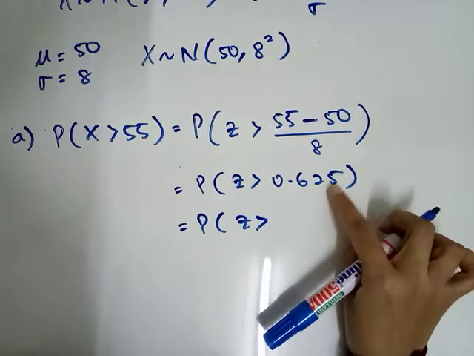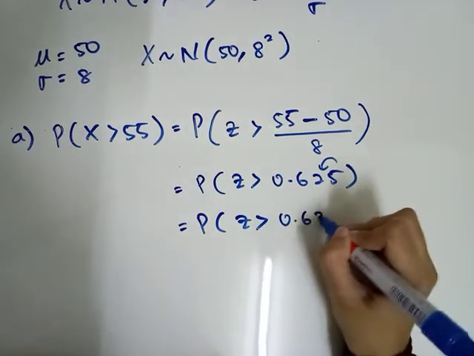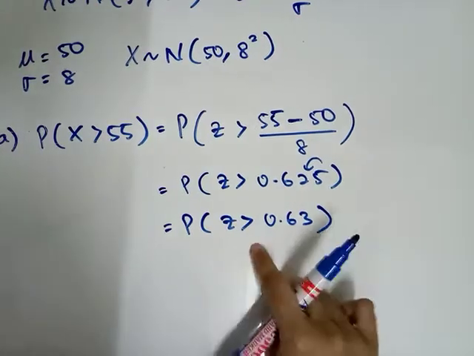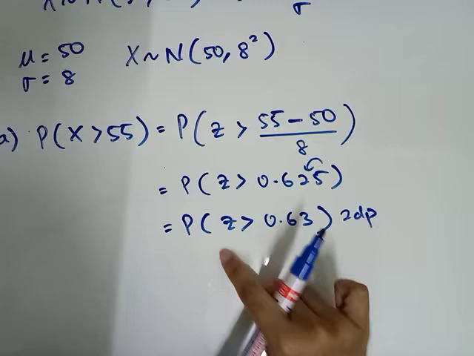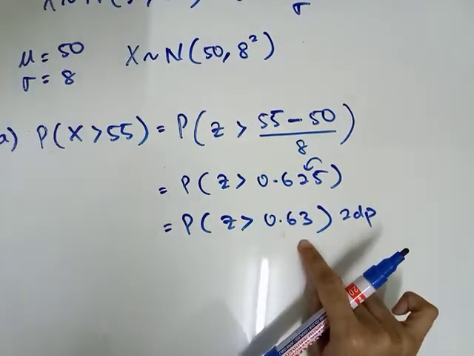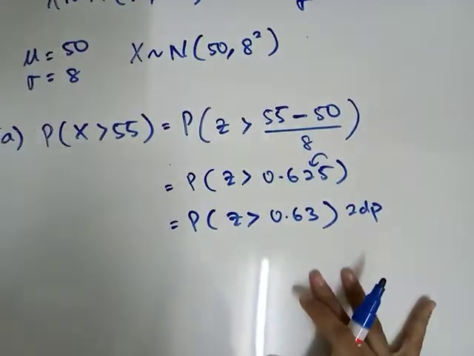Okay, 5 ni lebih daripada 5 kan, then round off kan dia. It will be 0.63. Okay, make it Z value ni into 2 decimal places. Then, barulah awak boleh cari Z value using table. Okay, before that,